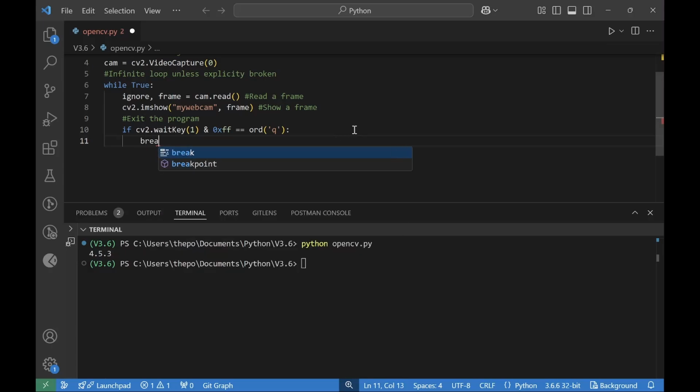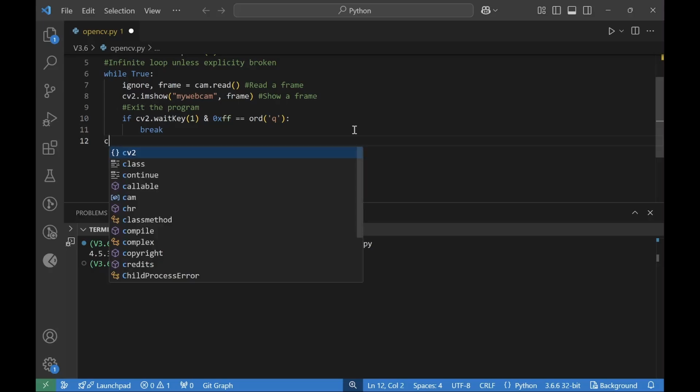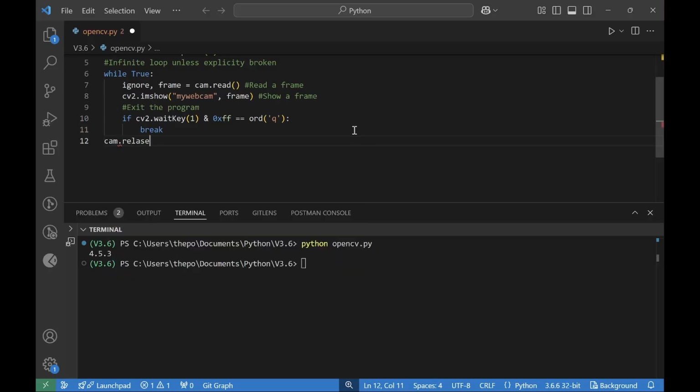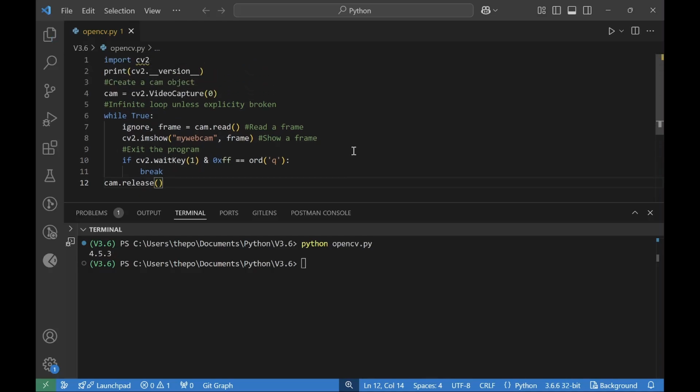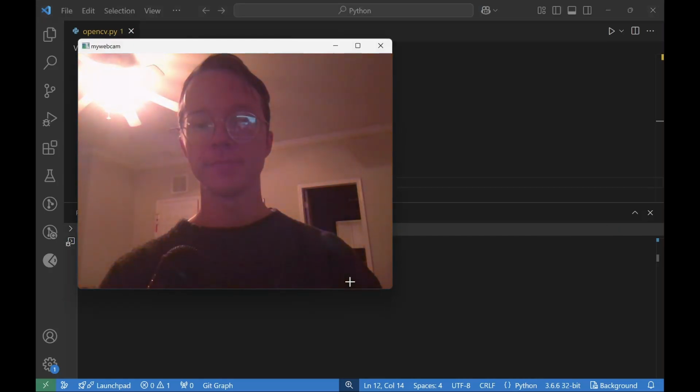Next, so if you press that key, what's going to happen? You're going to break out of the infinite loop. And then you're going to type at the end, cam.release. That's it. And then if you run this program, how do you run this program? You just do the same thing you've always been doing. And it'll take 2 shakes of a lamb's tail, and there we go. Okay, and then if you want to get out of this, you put your mouse over the